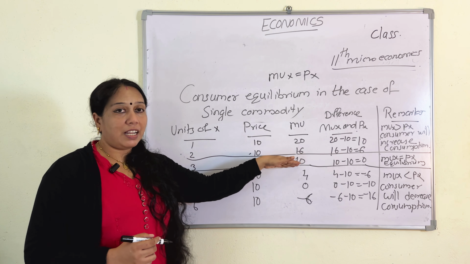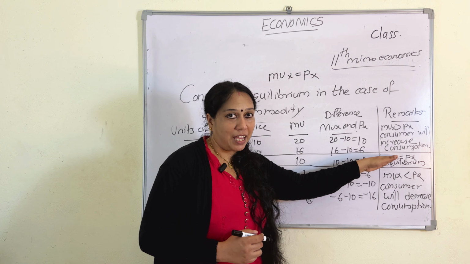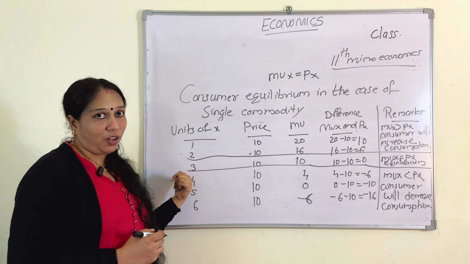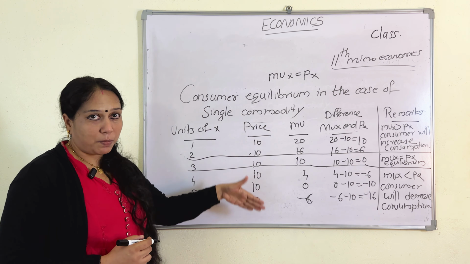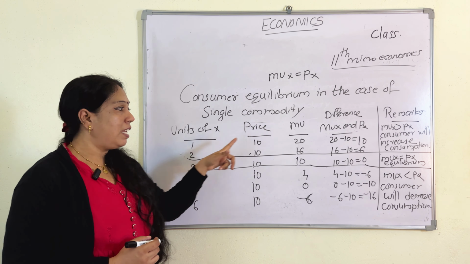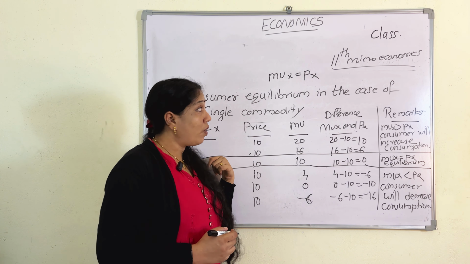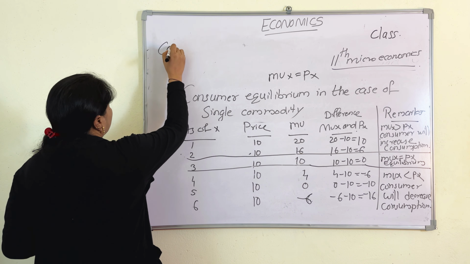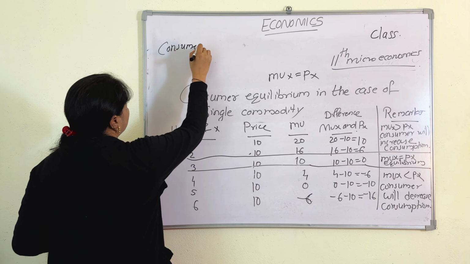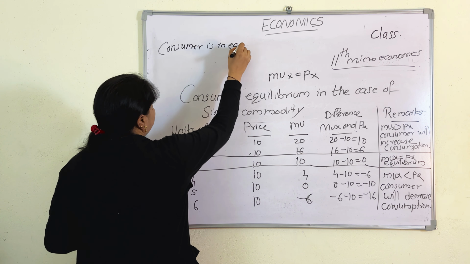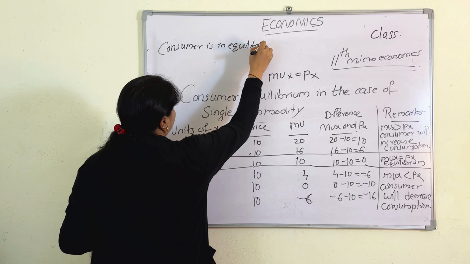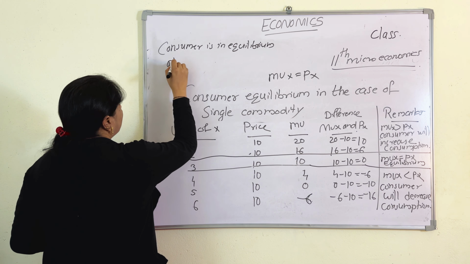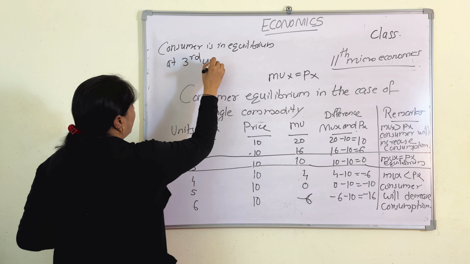So what is the equilibrium condition? MUX equal to PX. That is happening at the third unit. Okay, so you can write the explanation like this. Consumer is in equilibrium at the third unit of commodity,